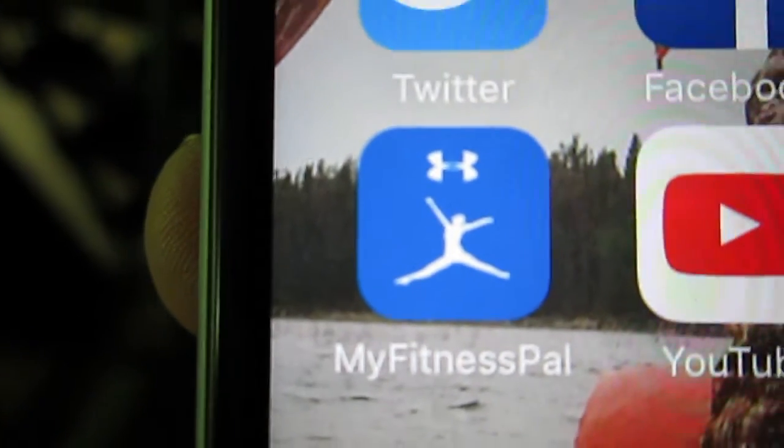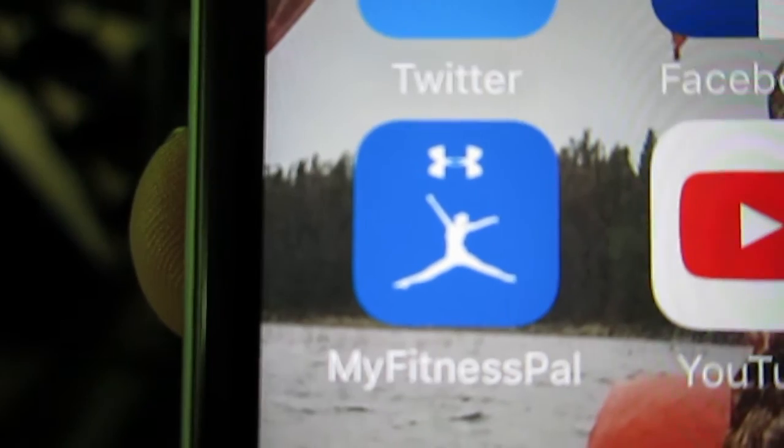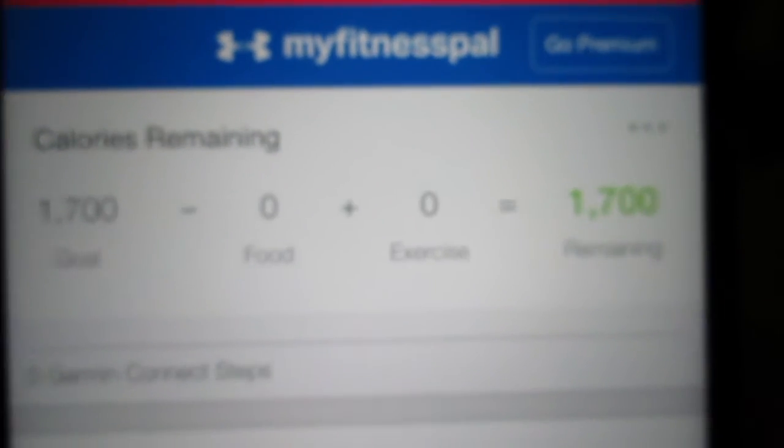Okay, so the first thing that you should be doing in the gym is going to be tracking your macros. Now, there are plenty of apps out there that do this, but the best one that I found is called MyFitnessPal. Okay, check it out here. So the great thing about MyFitnessPal is that it's going to allow you to track your macros. Don't be so worried as much about the goals, but when you add some, like if you go to add food here,